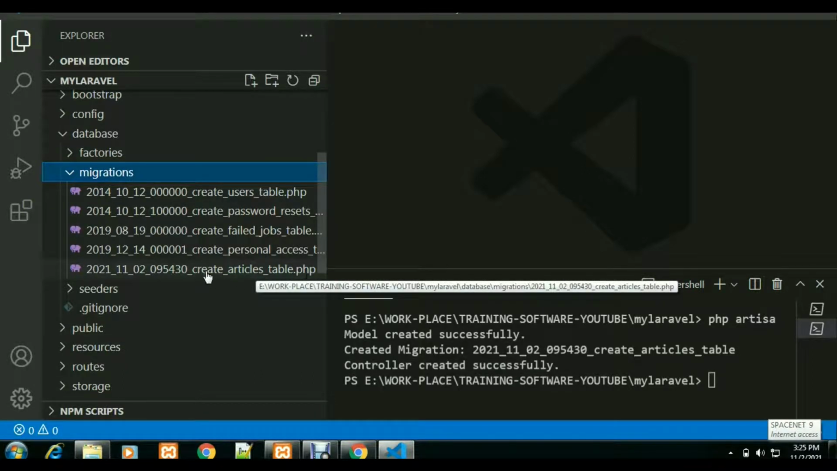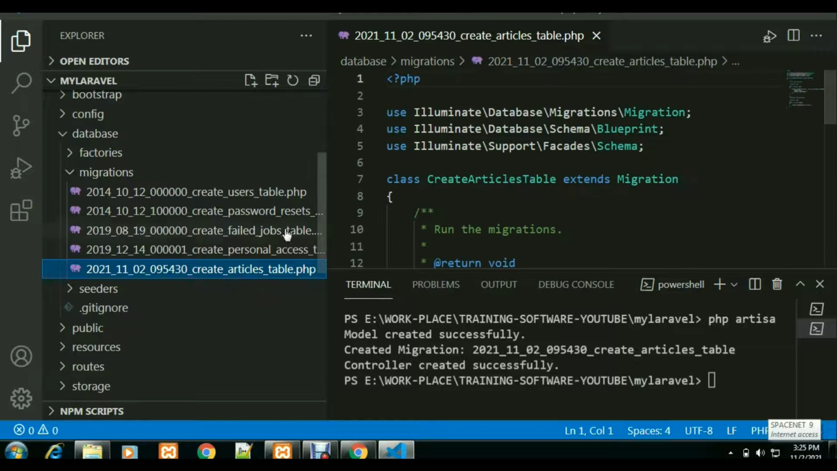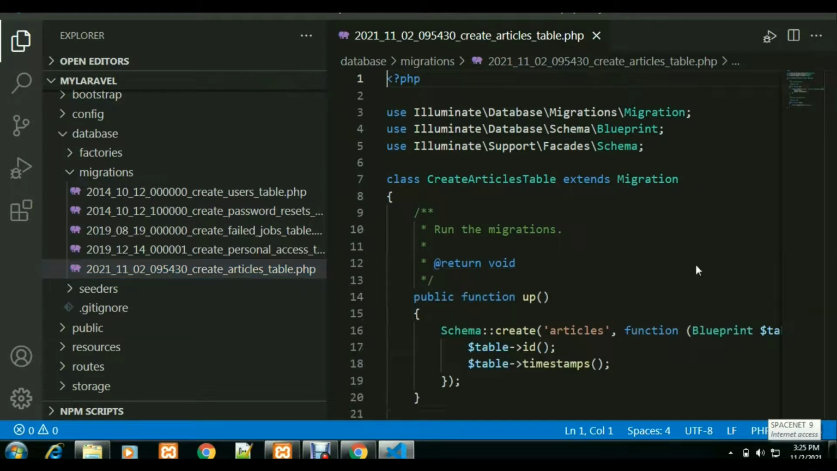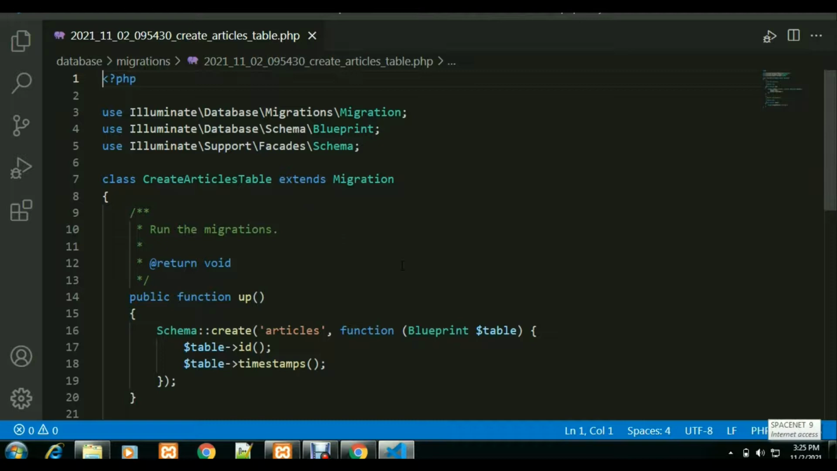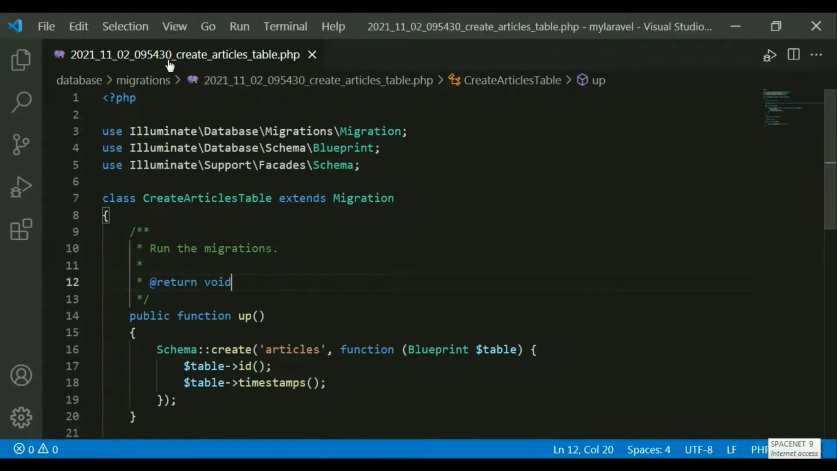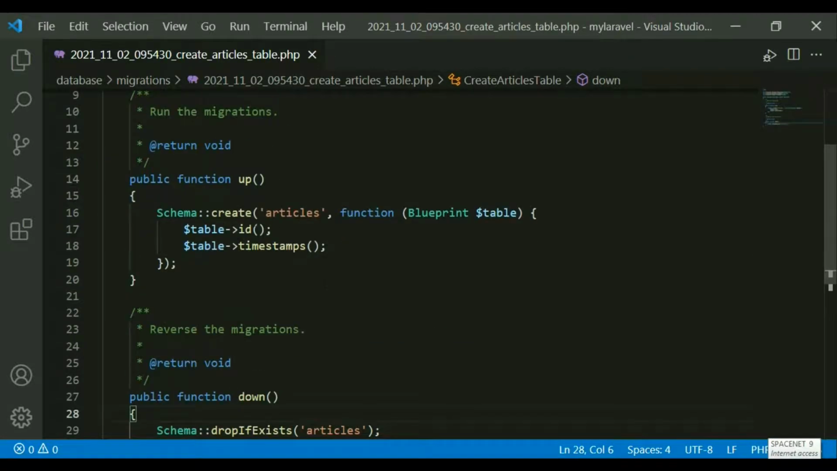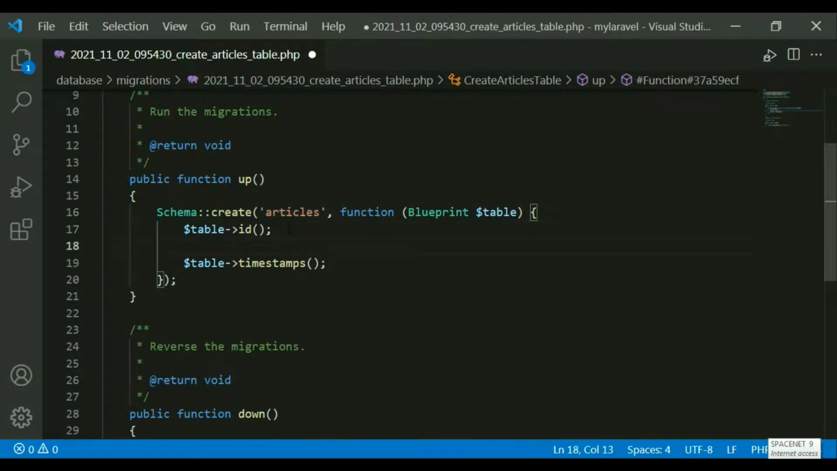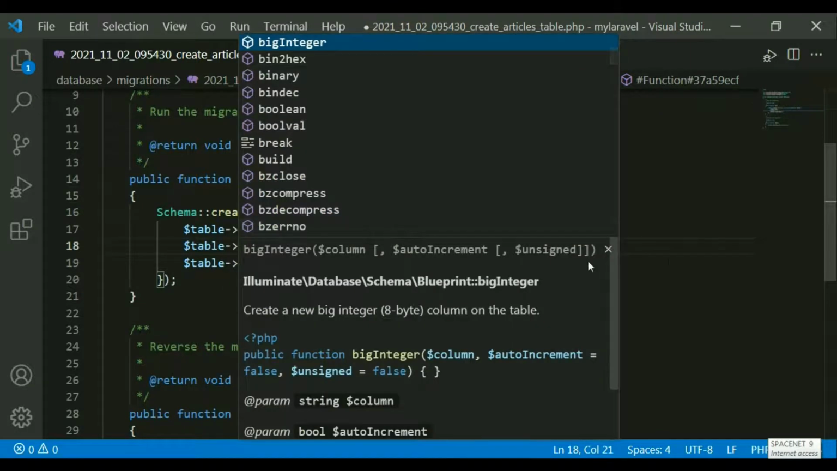Now I want to run this. So open this create article file. This is the migration file. Just close this one, also close this. This is how the migration file looks, and here you have to create your table. This is the creation of the schema. Create means if you want to create an articles table in your database, so here I have to create the table. In my articles table, I want to create